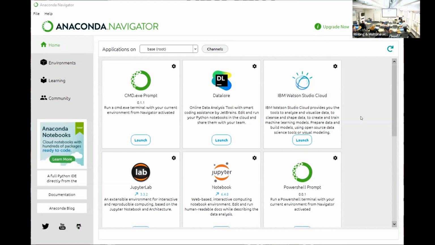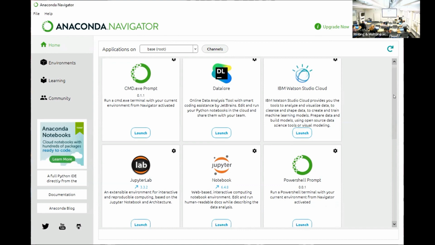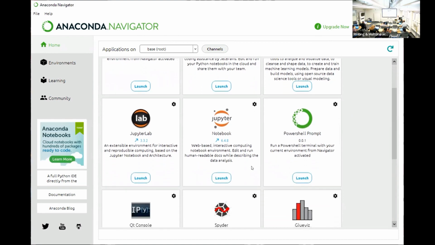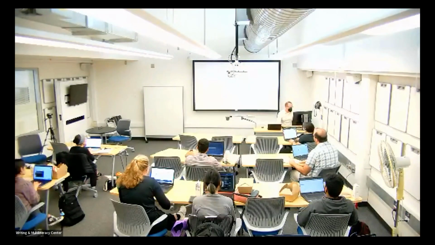Once you have it open, you'll see that there's a variety of different things associated with this software. The one that we're going to use today is called Jupyter Notebook. Quick launch. While that's launching,